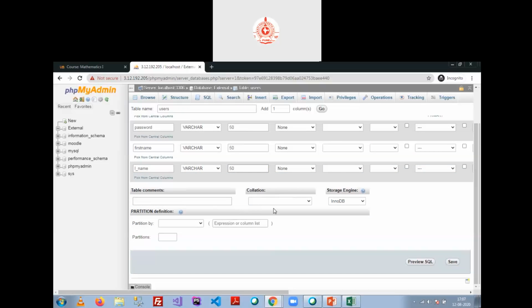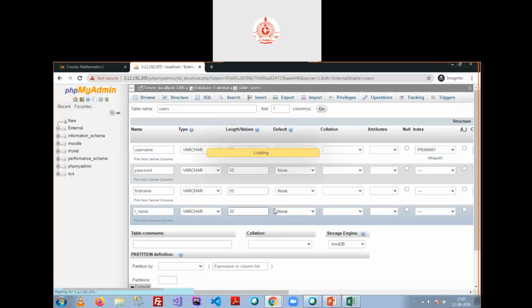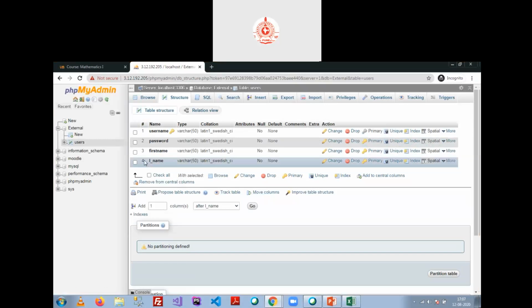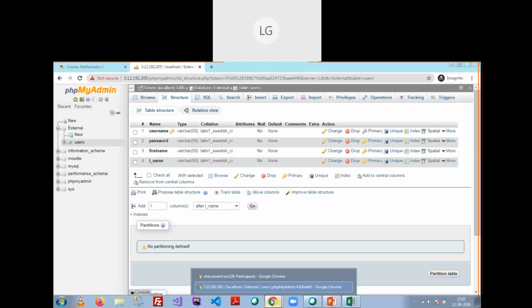Okay, and just click on create this table. Now, sir, what would happen if my ERP system's database has the whole name as a single name, not split into first name, second name, and last name?